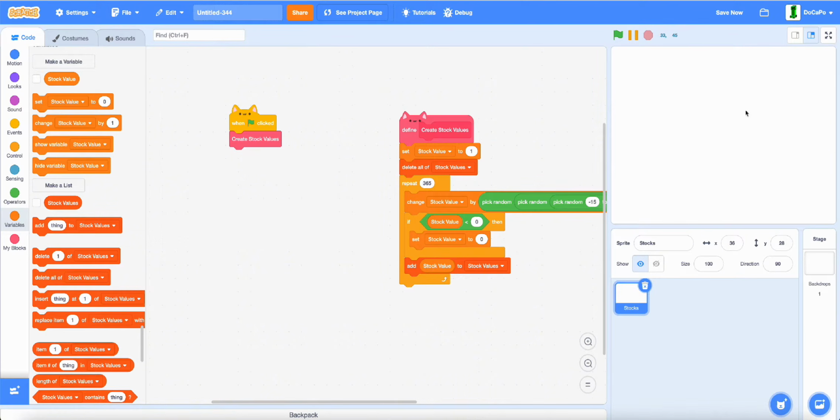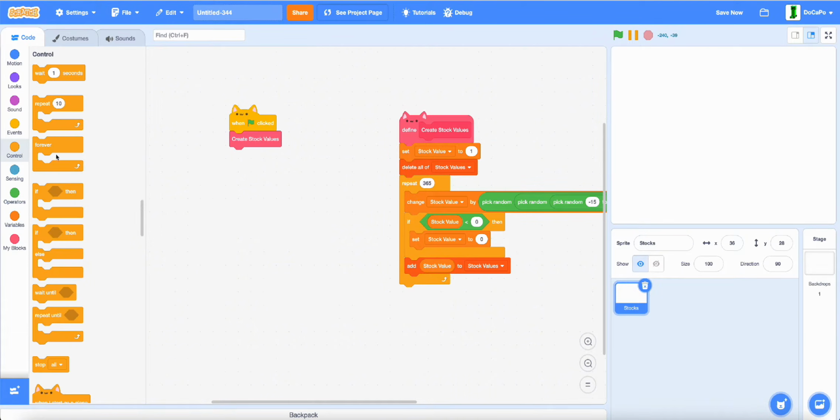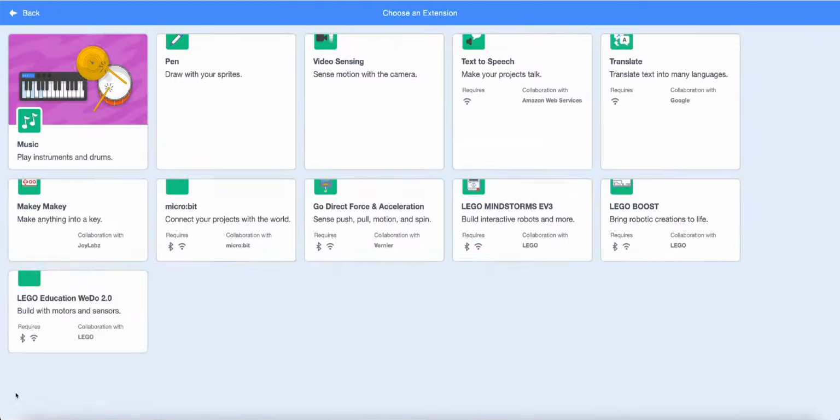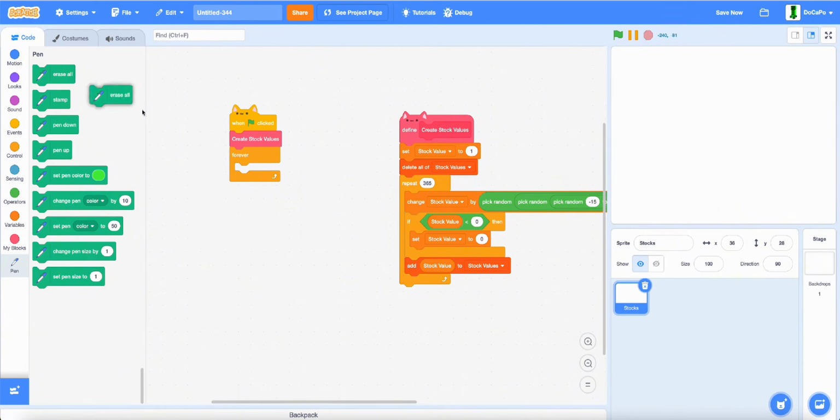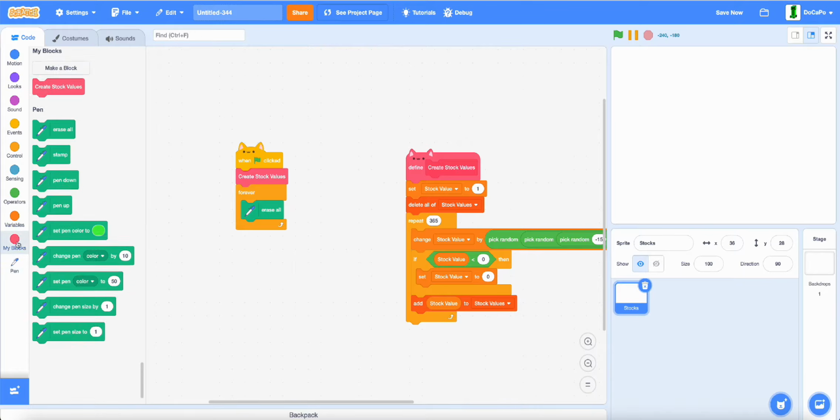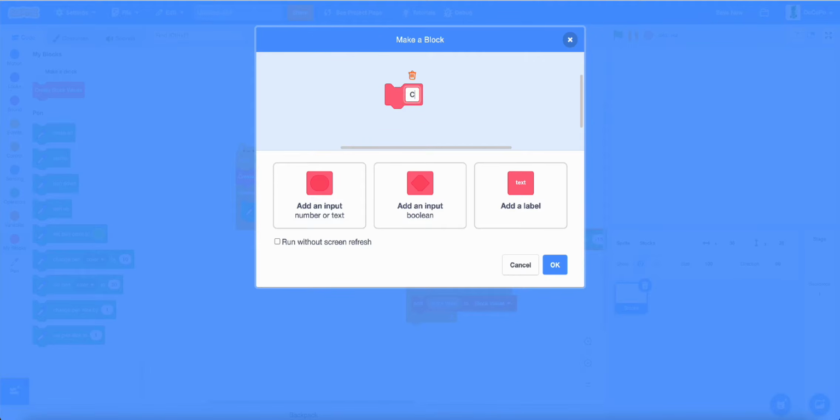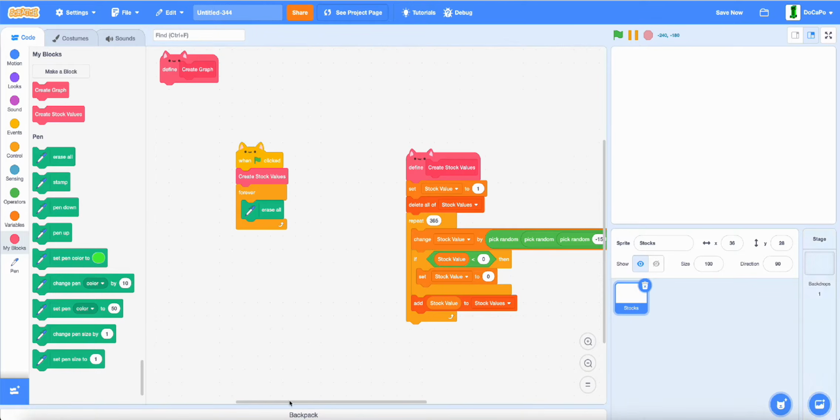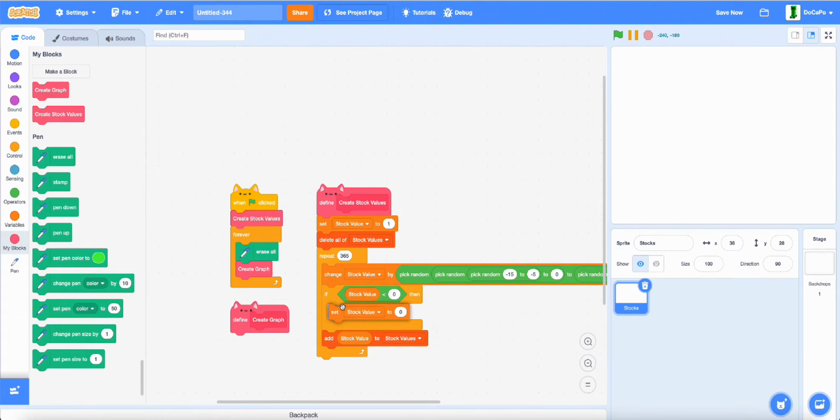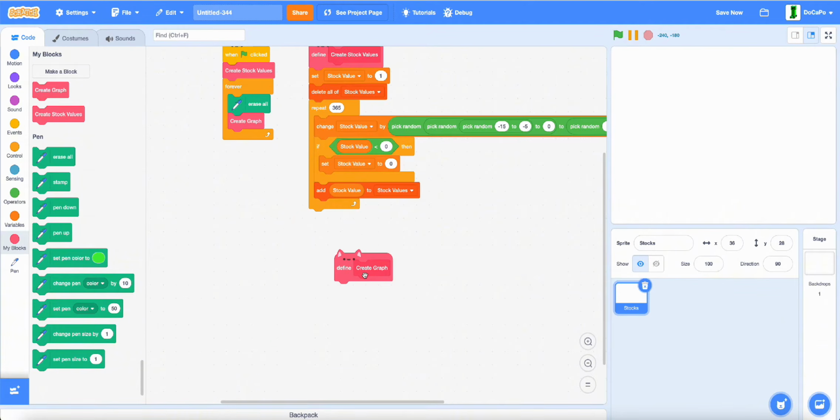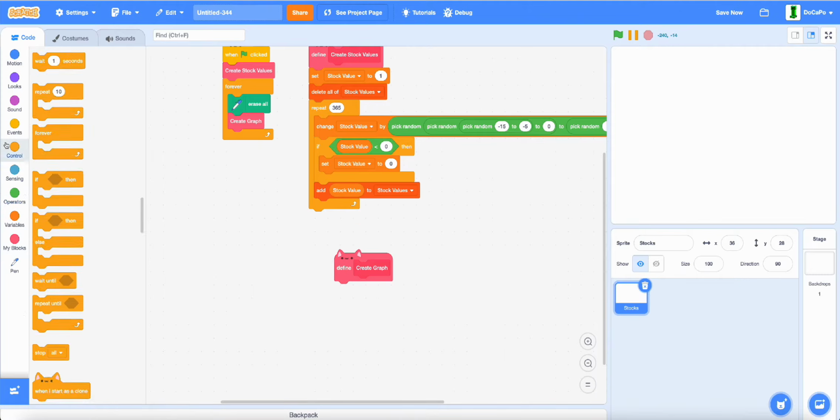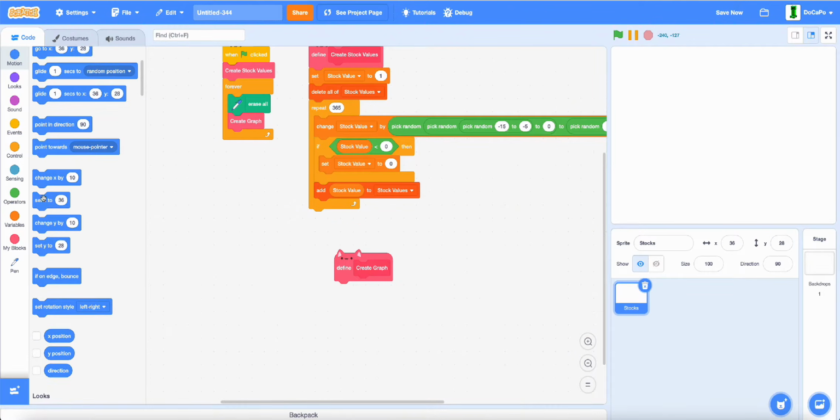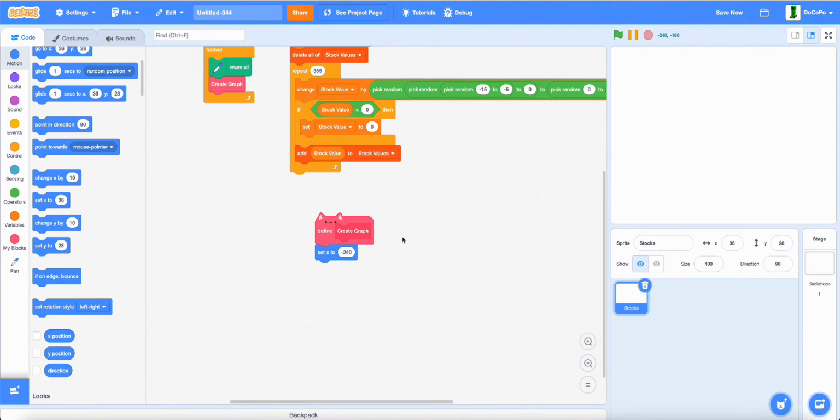And now, to show it visually, add in a forever loop, and now click here and pen. And now erase all, create a new block called create graph, run without screen refresh, and in here, first set x to -240, then